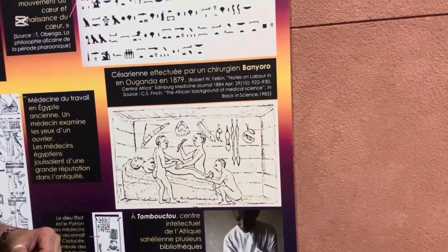And then when Egypt rose, fell, techniques were being used as far away as Timbuktu. Timbuktu is now in northern Mali, so the other side of the Sahara. I haven't been to Timbuktu. I would very much like to go, but if I went to Mali right now, it would be a death sentence. So there's that. But yeah, and there's quite an interesting carving there that is depicting, and fair enough, in 1879, but it's depicting essentially a reed hut with several naked people with surgical instruments performing a cesarean section. So, yeah,